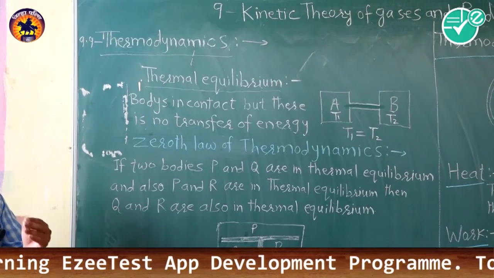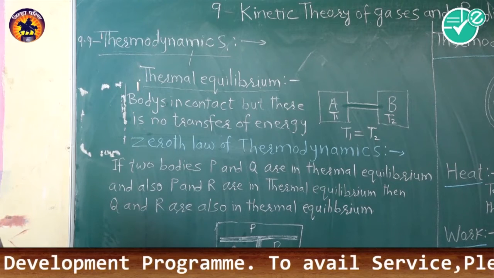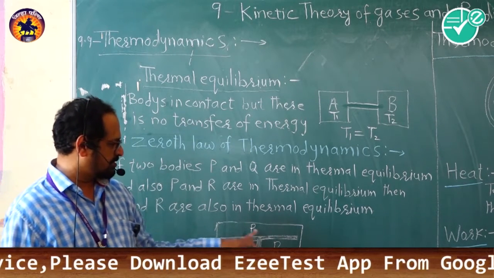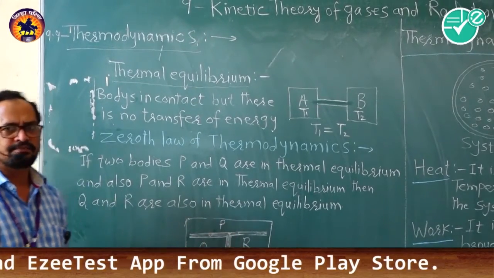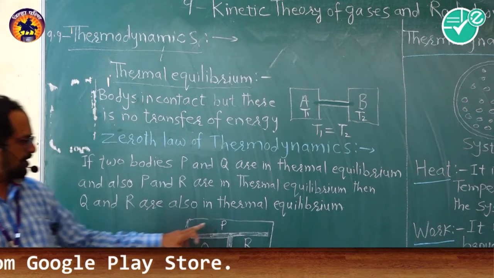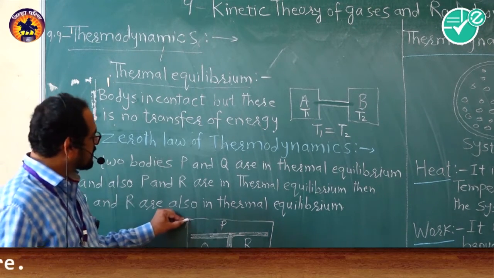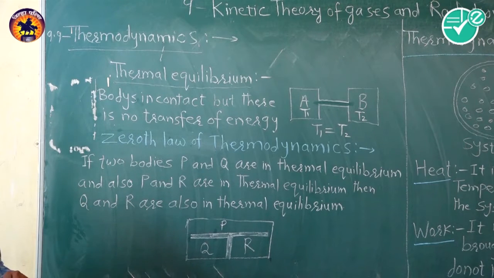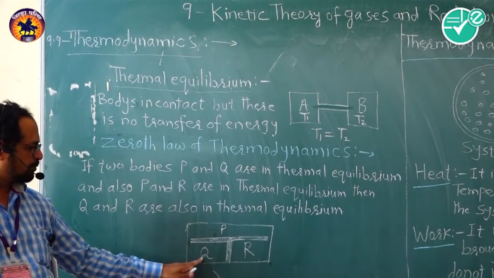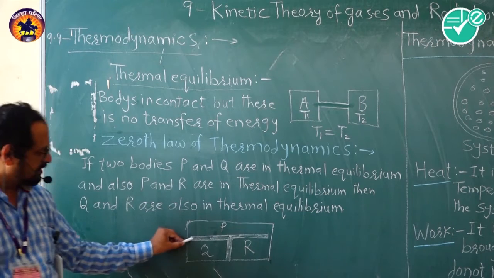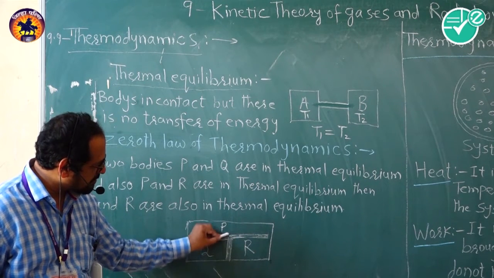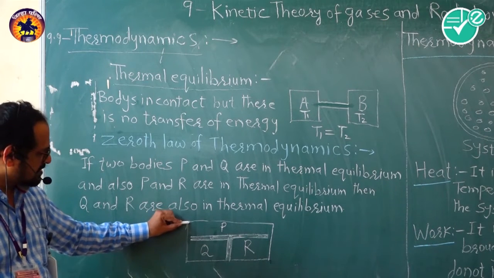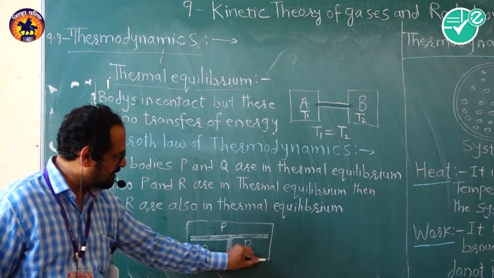The zeroth law of thermodynamics is denoted here in the figure, where we will consider bodies P, Q and R. There are three bodies, but first we will consider these two bodies, P and Q. They are arranged such that P is connected with Q through this gap, and this wall is acting as an insulating wall, and this wall is also an insulating wall, and the last boundary is also acting as an insulating wall.